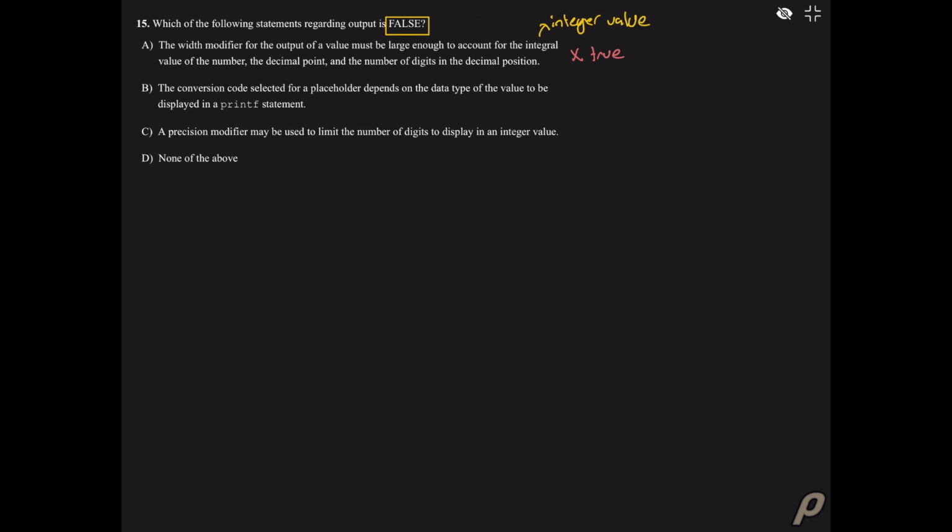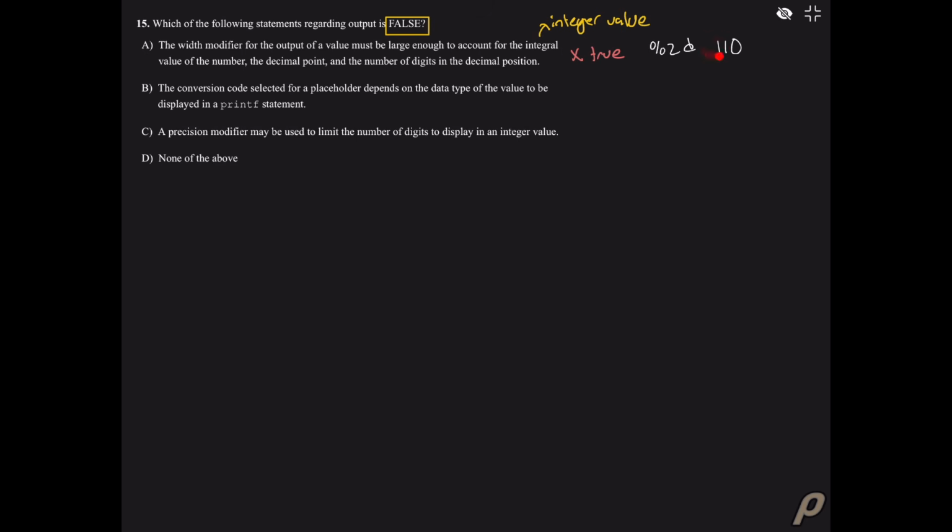The best way to prove this one is just to use a counterexample. If we were to use %2d, what this is for our printf statement, this 2 here is a width modifier, which is mentioned in this question. This is the width modifier. So if we use the %2d on, say, 110, then the value will overflow the number of spaces, as this width modifier is going to reserve 2 spaces, but this number takes up 3 spaces. So it overflows the 2 spaces